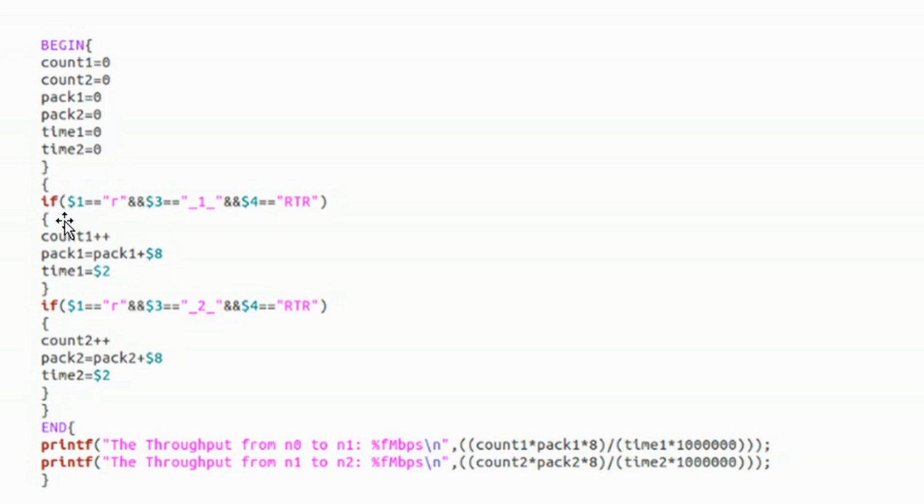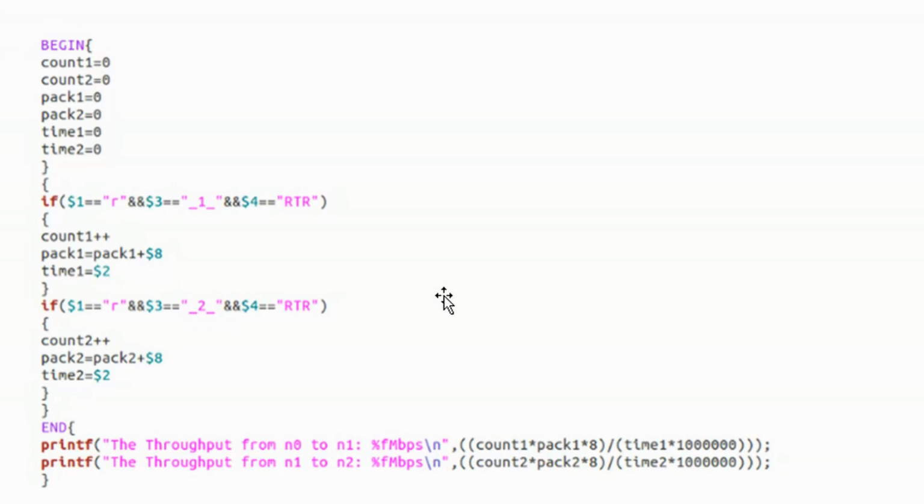Next I am starting this one. I told you RTR is nothing but router, right? First you need to run the TCL file that we discussed, and it will generate a trace file. This awk script will take the trace file as input.